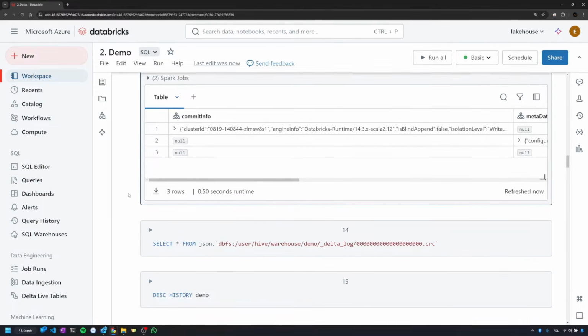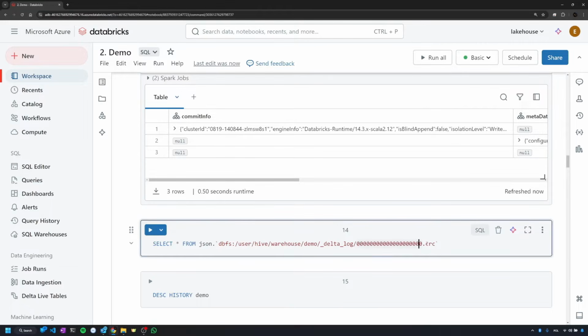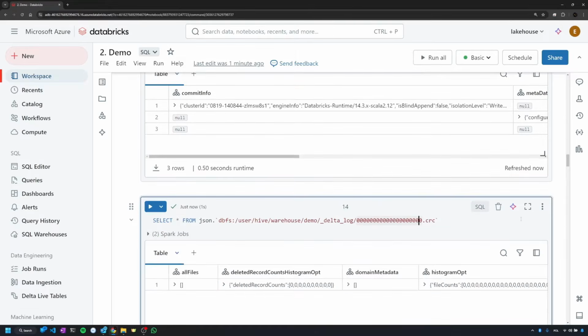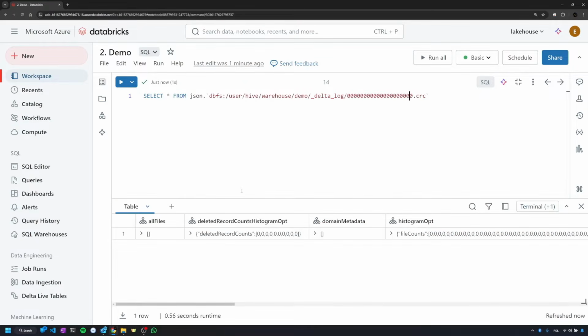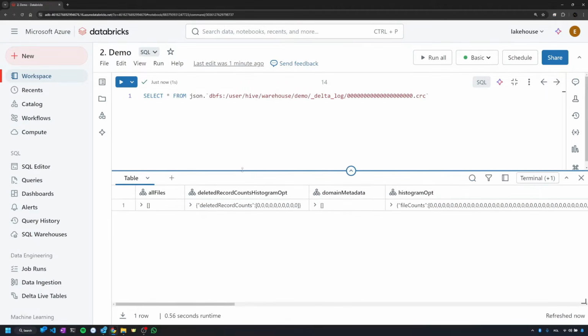Now, for the sake of ticking all the boxes, let's look at the second type of file located in the same folder, which is ending with CRC. So let me read that as a JSON as well and go to the focus mode. So this file is more for the internal purposes of Delta Lake. This is a checksum of the corresponding JSON file. So for every JSON file, so for every commit, we are going to get a checksum file like this created,